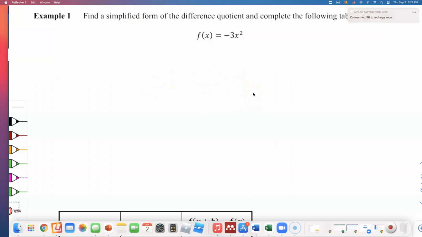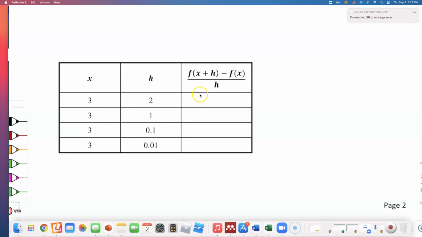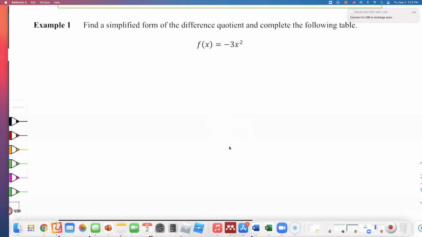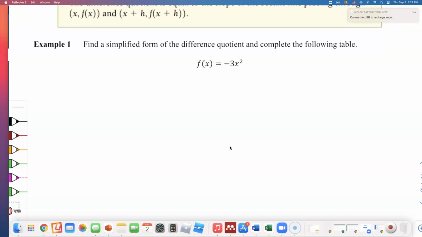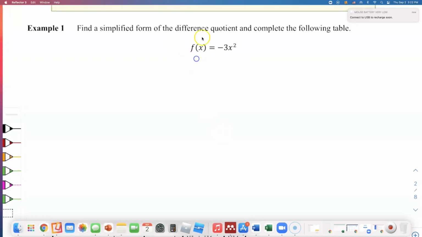And using that difference quotient, we're going to plug in x value and h value, and figure out what the difference quotient is approaching. So first thing, the big algebra work today is simplifying the difference quotient. So example 1, find a simplified form of the difference quotient. And what is that? It is f of x plus h